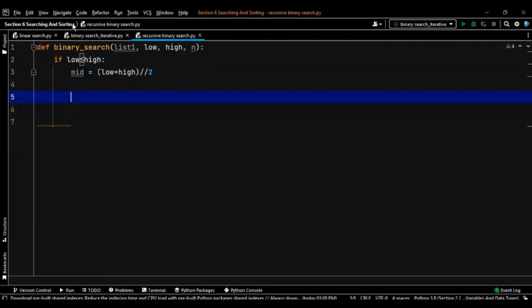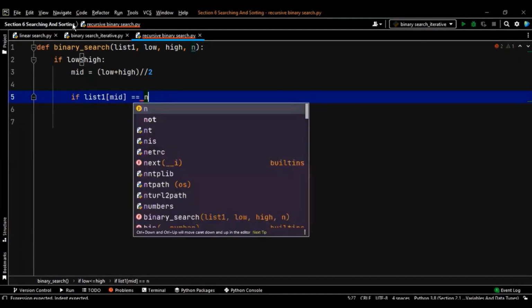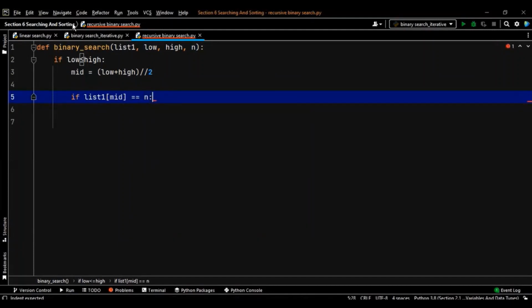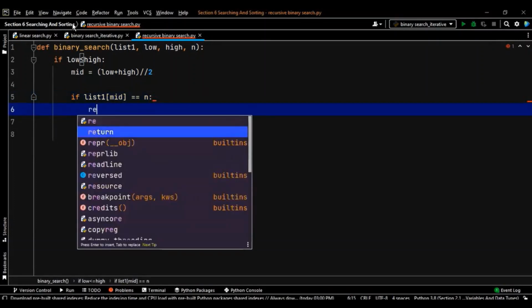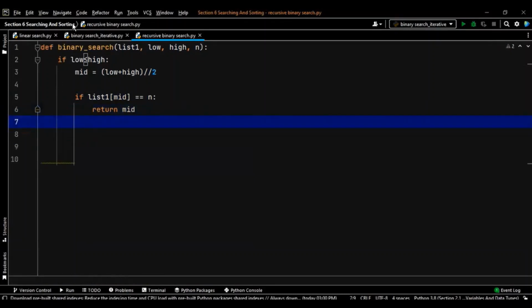Okay, so now let's start with the next part, that is, if list1[mid], if the element is available at the middle or not, that's what we are searching right now. Is double equal to n, then simply you can return mid. Okay, return mid. And if this is not the case, that means elif,